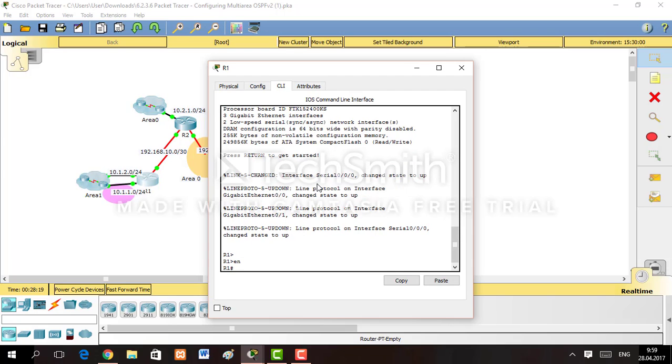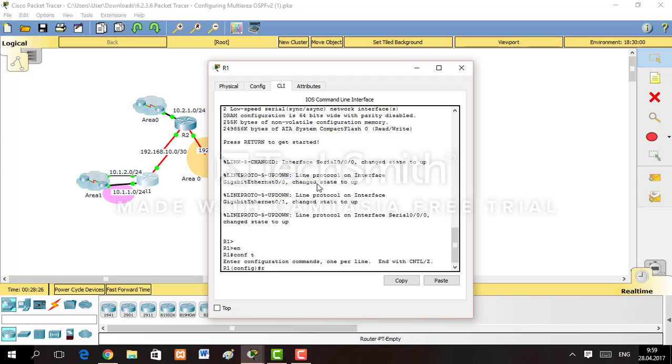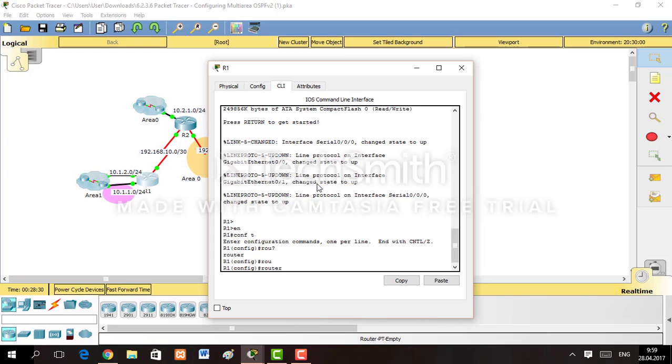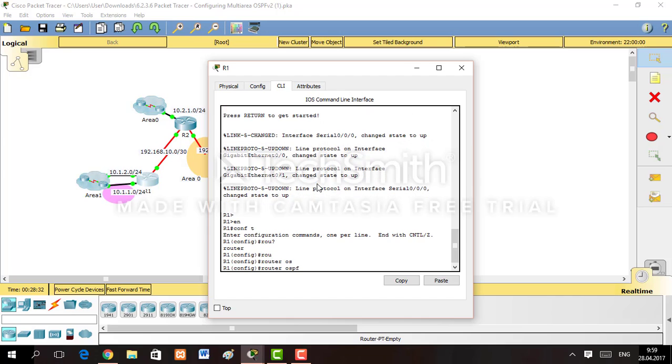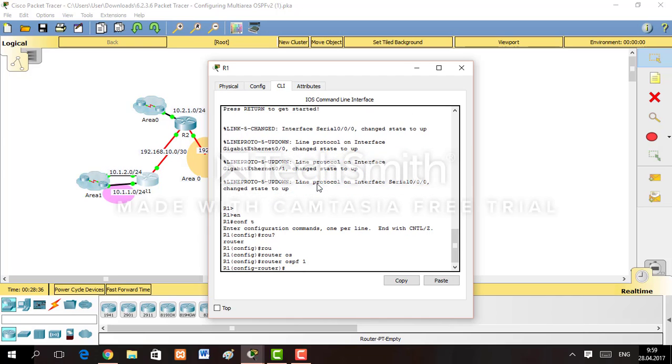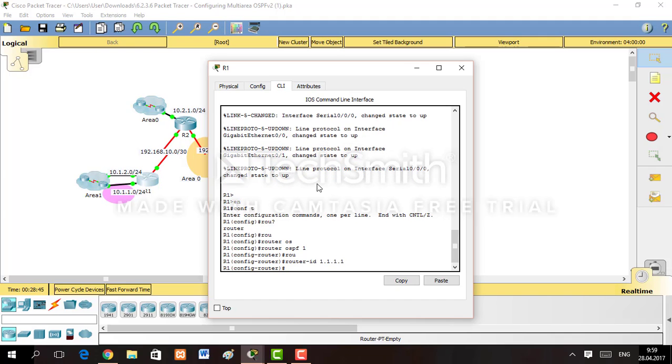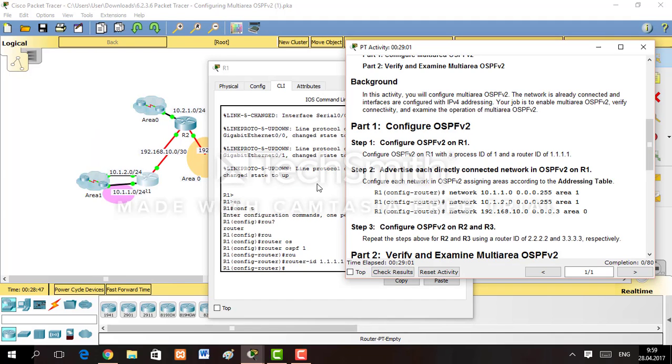Enable, conf t, router OSPF with process ID 1, and here we have router ID of 1.1.1.1. Okay. Next step,